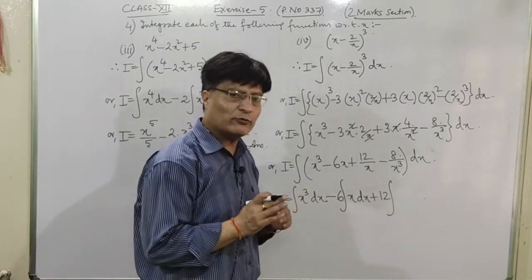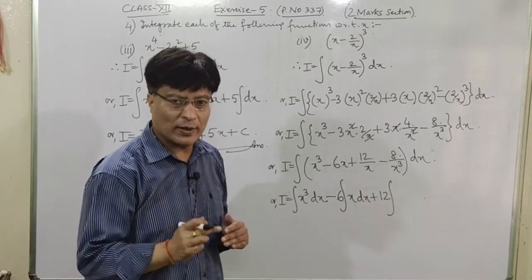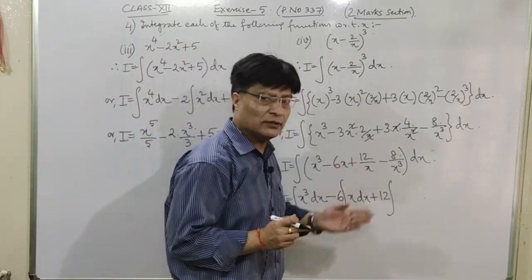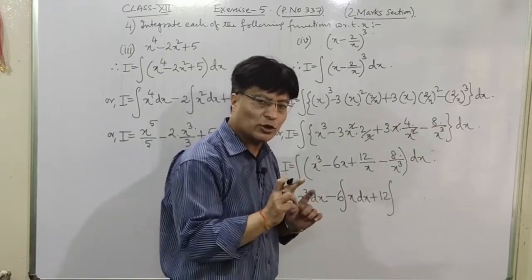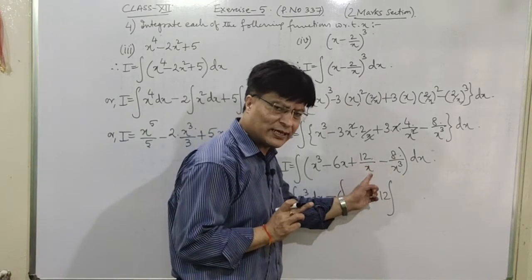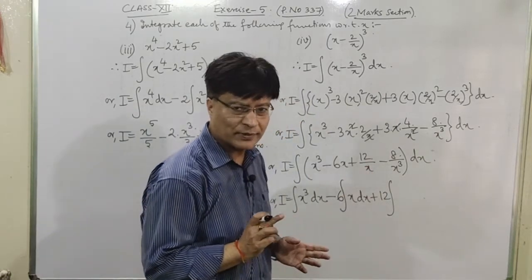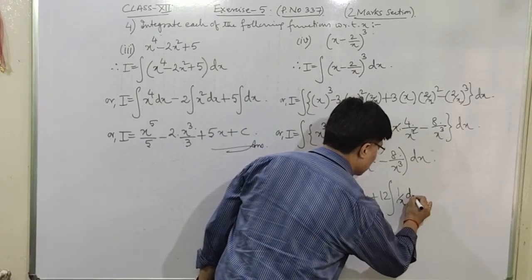I already told you that whenever you have x to the power n, n should not be equal to minus 1. So if you take x to the numerator, it will become x to the power minus 1. So n should not be equal to minus 1. That's why you can't take this x to the numerator. Is that understood? So you have to keep it as it is. That is 1 upon x dx